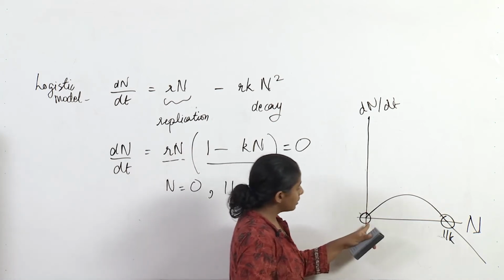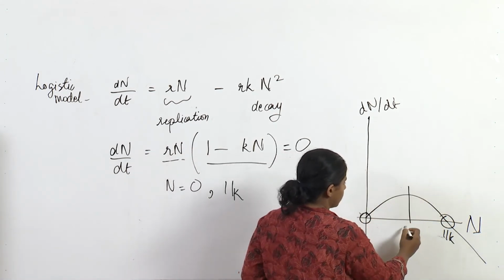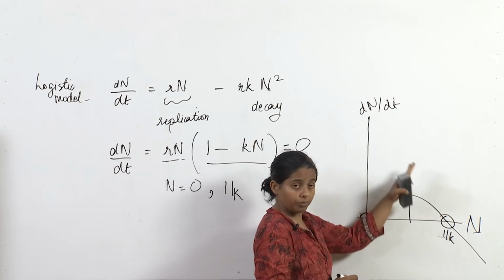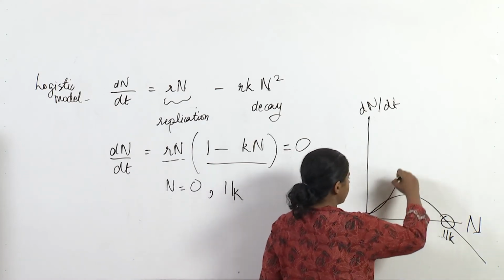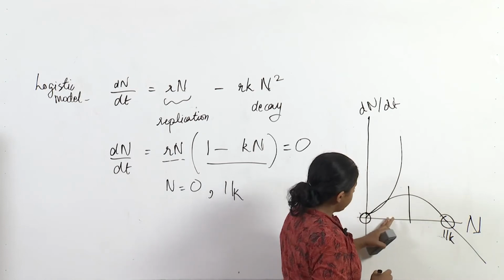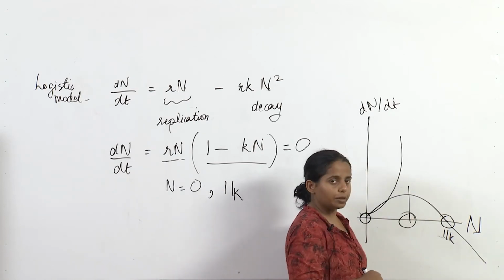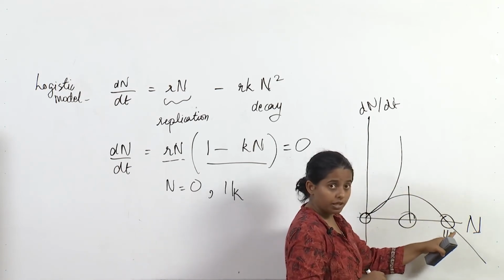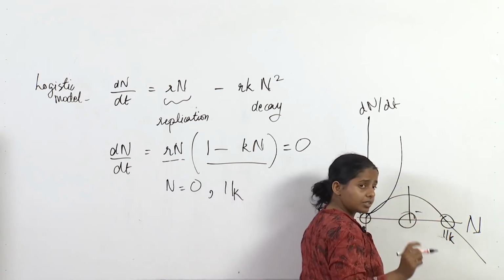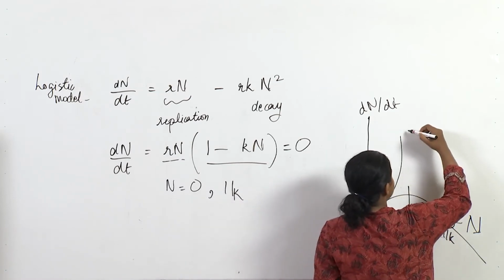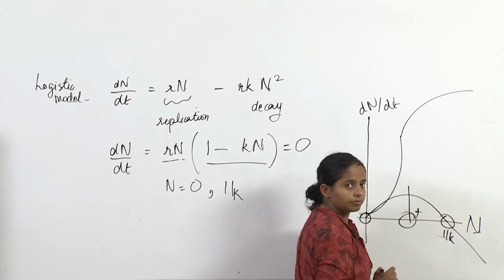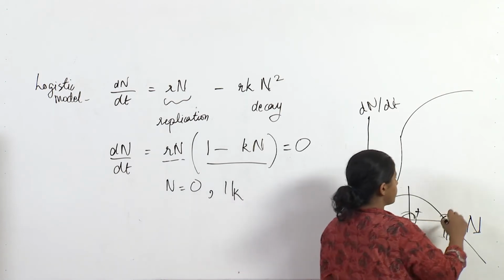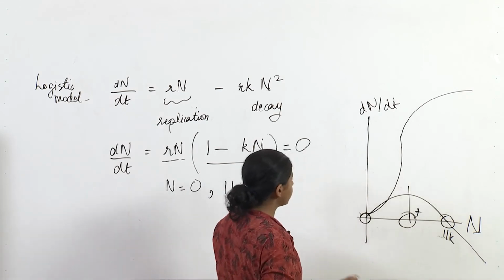So here we know that the rate of population growth between 0 and 1/k will be in a positive direction. So the slope here would be positive, and thus we will see a U-shaped growth. And once it crosses this particular point, we do not know what that point is yet, but once it crosses this point, then dN/dt will start reducing. So we will still see growth, because it is still positive, but the growth will slow down and it will look like this. And then once the population reaches 1/k, it will stop moving. So once the population has reached 1/k, it will stop moving, and graphically we can now interpret this data as